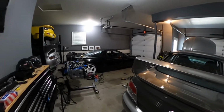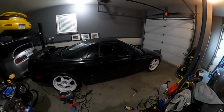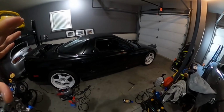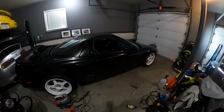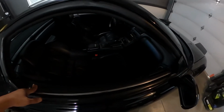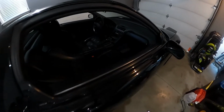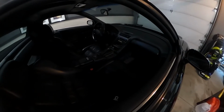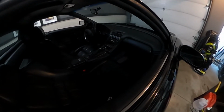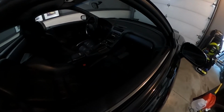I went ahead and, I forget where I left off, but I got the interior shampooed. I got the interior carpet shampooed, and I got the seats reconditioned. But I mean, it's okay. It's as clean as it's ever gonna get for a 29-year-old car. It's not bad. It's pretty clean. There's nothing in the interior that would suggest that it's a 29-year-old car, outside of the fact that,